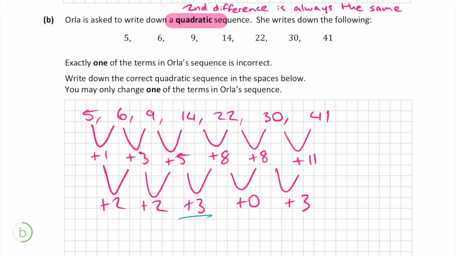So let's correct this. When we do this, it has a knock-on effect on the first differences, because the difference between 5 and 8 is not 2, it's 3. So we must change the 8. Now we get an answer of +7 for the first difference, which then has a knock-on effect on the sequence,